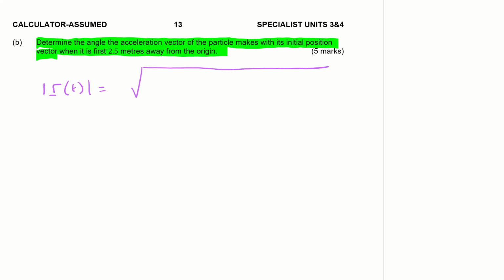Determine the angle the acceleration vector of the particle makes with its initial position vector when it is first 2.5 meters away from the origin. So the modulus of r(t) is going to be the square root of (cos 3t + 1) squared plus (2 sin 3t) squared plus 1. And we want when that is equal to 2.5. So we're just going to solve on the CAS,